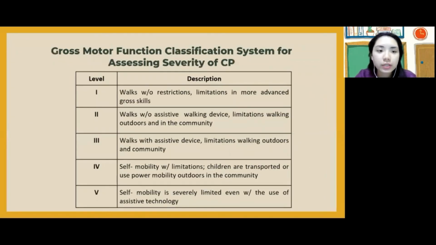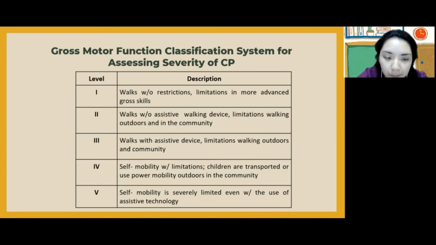Okay, next we're going to discuss the Gross Motor Function Classification System for assessing the severity of CP. There are 5 levels, and you can just read through it also. Level 1 walks without restrictions, with limitations in advanced gross motor skills. Level 2 walks without an assistive walking device, with limitations walking outdoors and in the community. The third level walks with an assistive device, with limitations with walking outdoors and